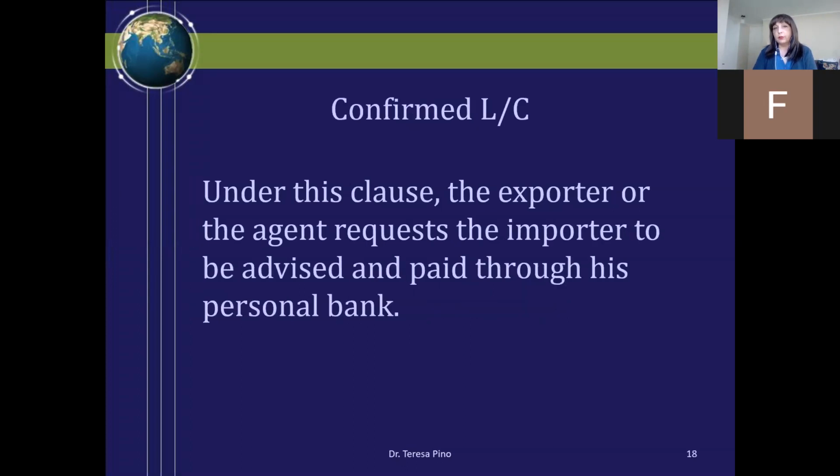The other one is a confirmed letter of credit, where the personal bank of the exporter is informing and is paying. So the direct communication between the exporter and the correspondent bank of the opening bank is not there. It's going to be opening bank, correspondent bank, personal bank, confirming bank that informs the exporter. Additional money, additional fees. So it is also part of the deal. Some exporters request to be paid or informed by their personal banks.